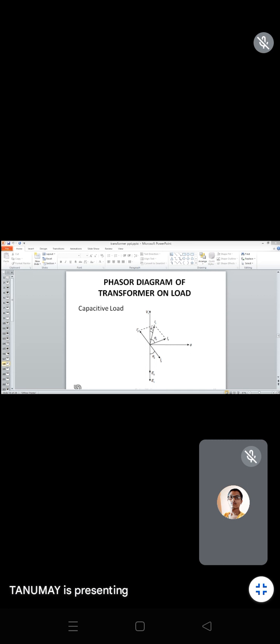Similarly, this is the direction of I0, and in similar manner, this I2 dash amount of current is extracted from the primary side when I2 amount of current is flowing over the secondary side. So the direction of I2 dash will be just reverse of I2. This is the direction of I2 dash. Similarly, this is I0, the no load current component. Now the resultant of I0 and I2 dash is I1. Is it clear?